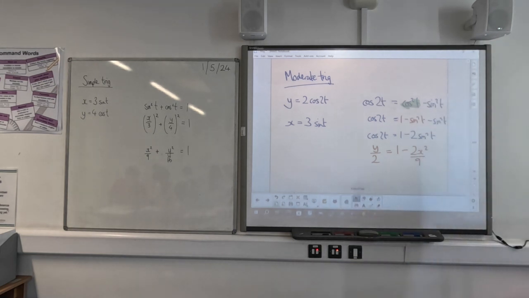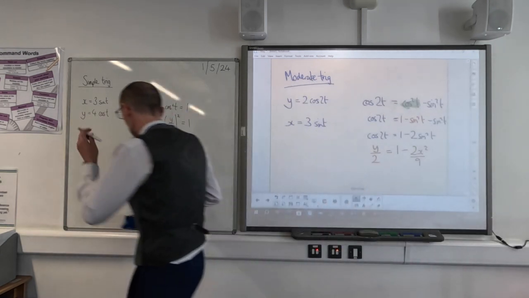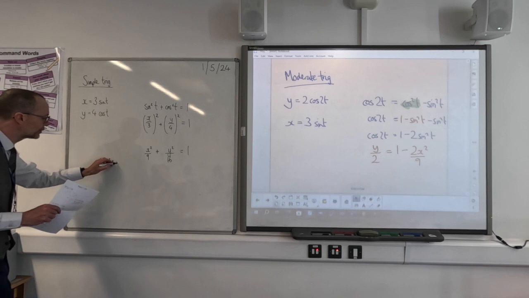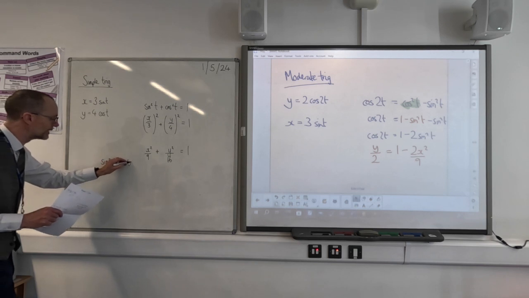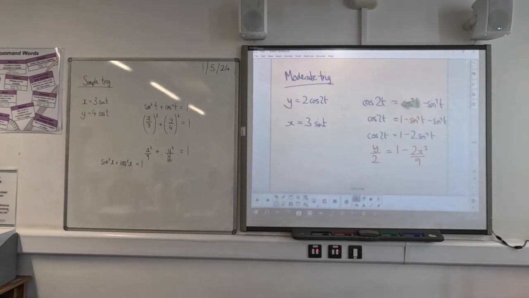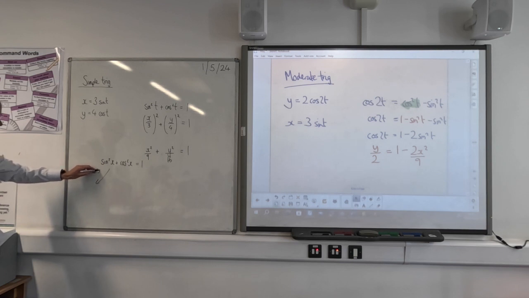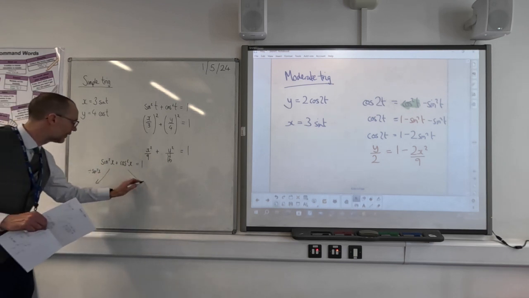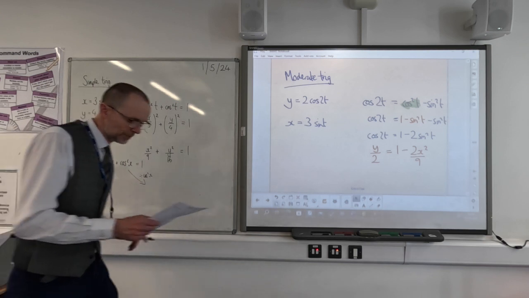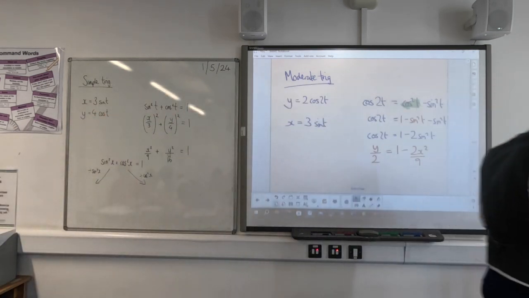Let's just have a pause while we're talking about identities. Can I ask you to write down the 2 reciprocal identities? They're the ones you get by taking sine squared plus cos squared equals 1 and either dividing everything by sine squared or dividing everything by cos squared. Just before we get to